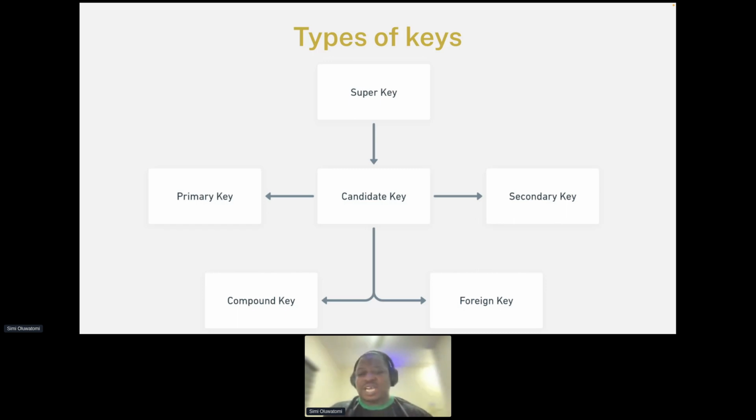Number one is that we have a super key and then we have a candidate key. Remember that we have said that a key allows you to identify every row uniquely in a database. So what is the difference between a super key and a candidate key? The only difference is that your candidate key cannot be null. In any universe, on any planet, your candidate key cannot be null. Meanwhile, your super key can be null. There are other differences, but this is the biggest difference.